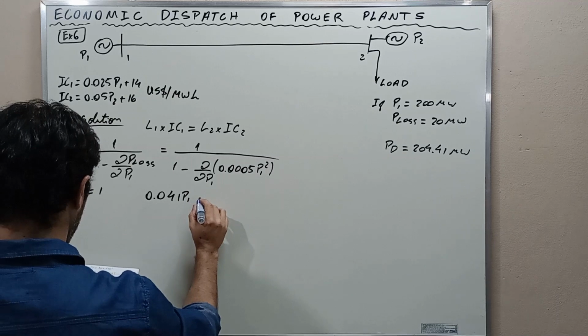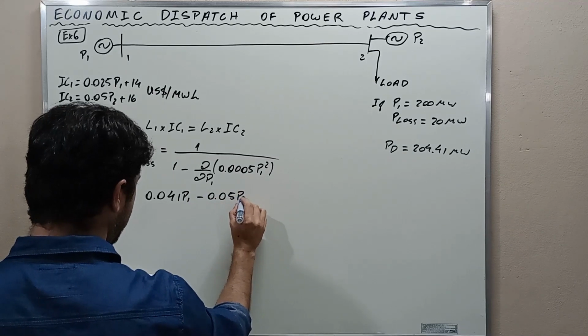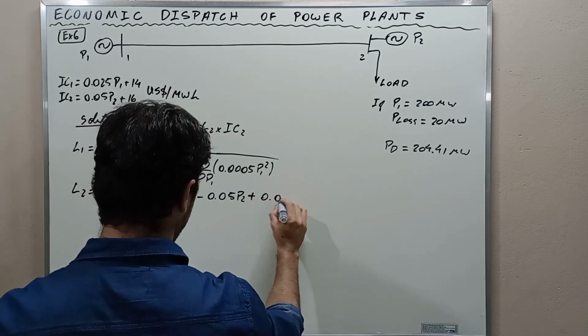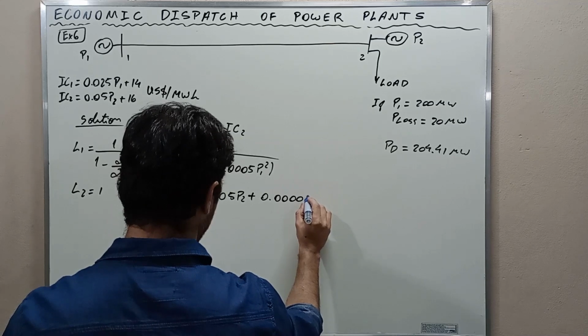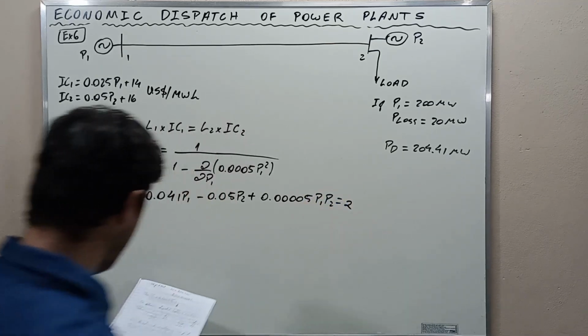0.041 P1 minus 0.05 P2 plus 0.00005 P1 P2 equal to 2. And